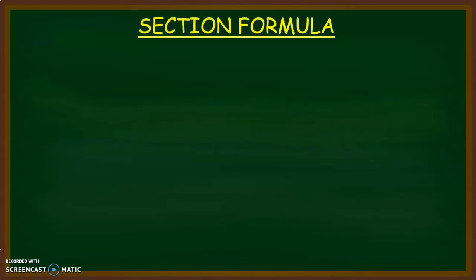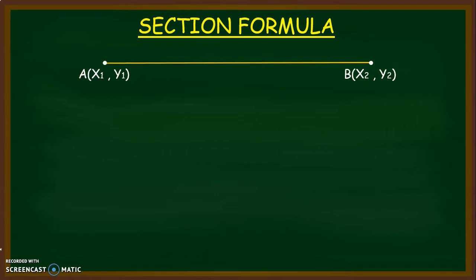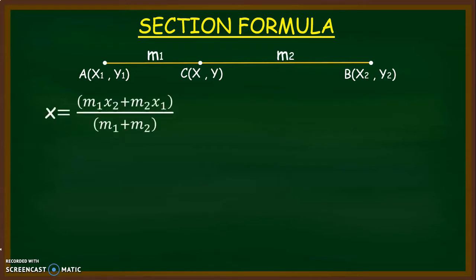In this lecture we are going to solve the questions based on the section formula. We have already discussed the section formula. What is the section formula? If you have 2 points A and B, and the line joining the points A and B is divided by a third point C in the ratio of m1 is to m2, then if you want to find the coordinates of point C, we can use the section formula,